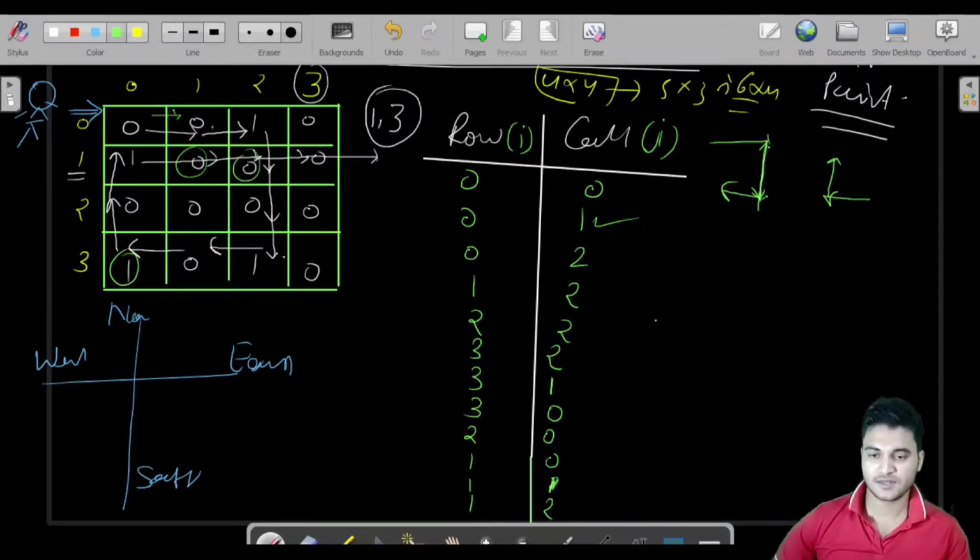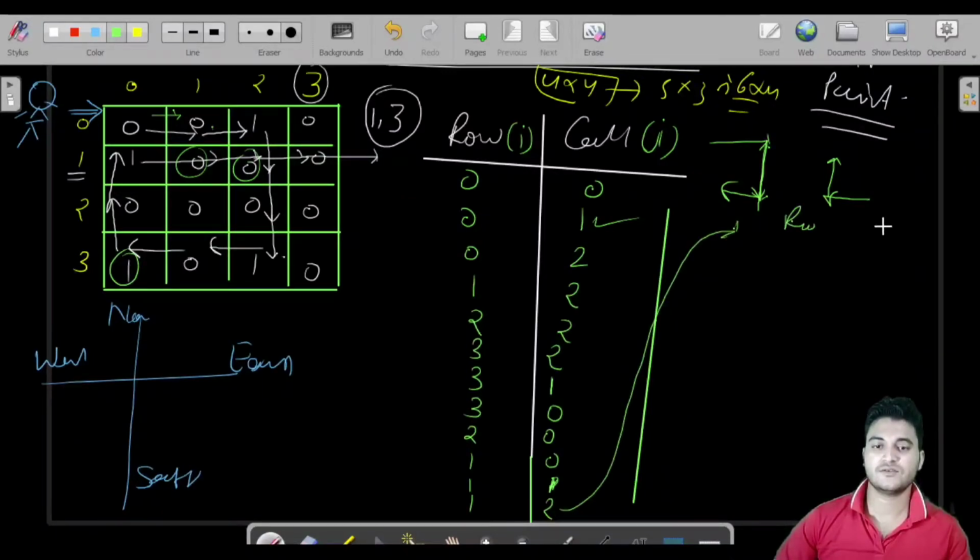Now we are here, let us write here. Fine, so this is row and this is column. So we are in this 1 comma 2. We have not found any 1. We will move forward here also. So row would be the same, column is increasing. You can see 1 comma 3. Now we are here. We have not found any 1 here. So again, we will increase our column.